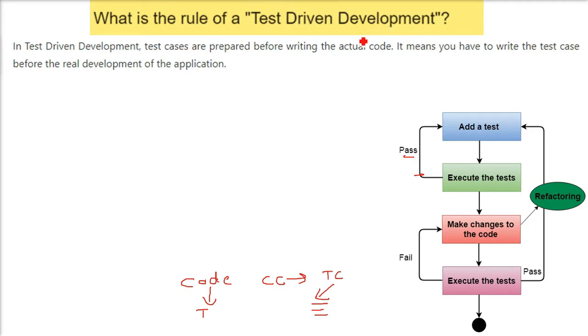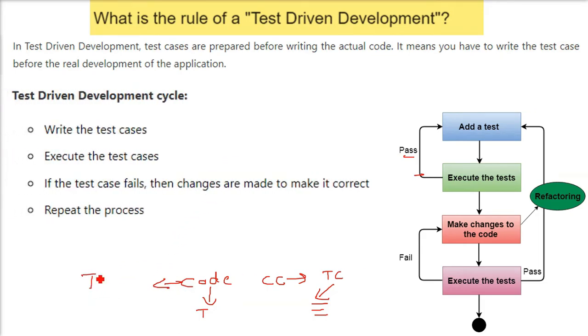In test-driven development, the things are different. Before even writing the actual code, we prepare the test cases. The only difference is that the test cases are written before writing the actual code. For example, if a code, you know already that these are the passing parameters. You already know that these are the acceptance testing scenarios. So when you know that these are the tests we have to pass, we make the test cases earlier, before making the code, because we will make the code in accordance with these test cases